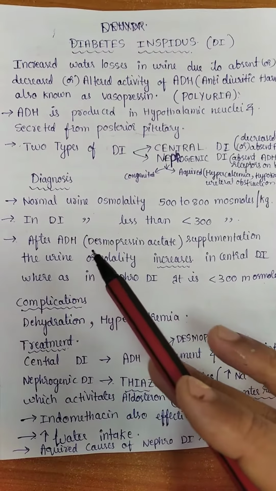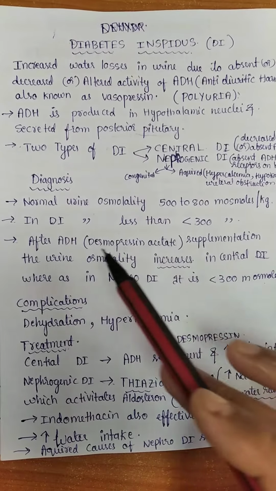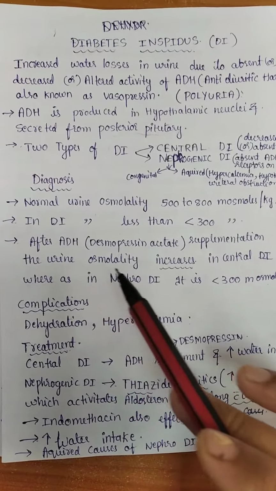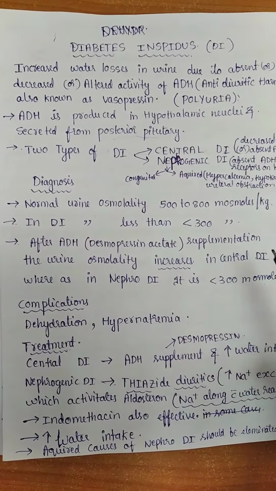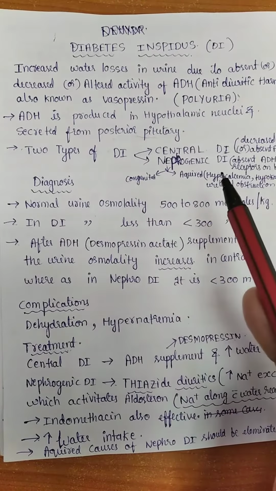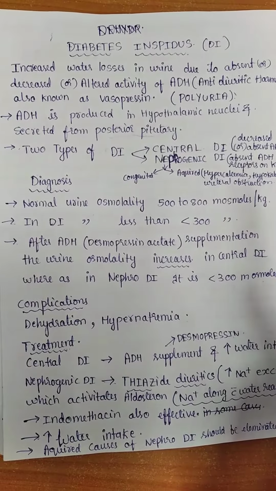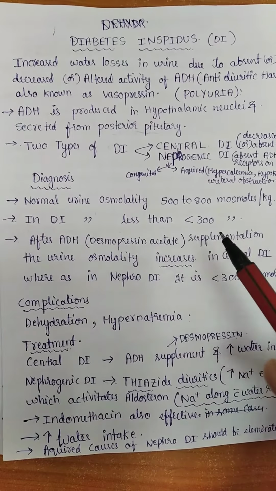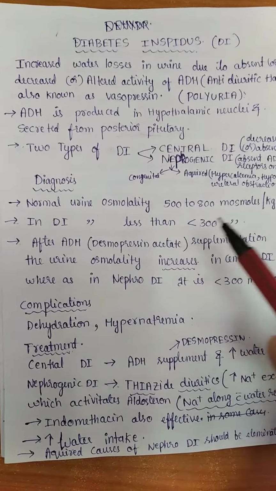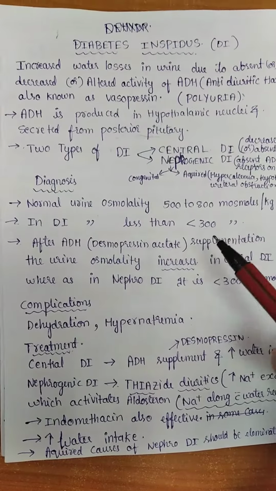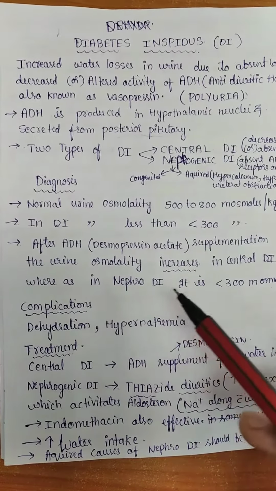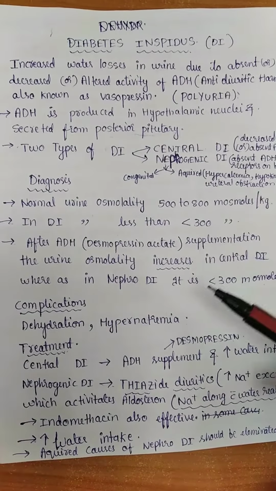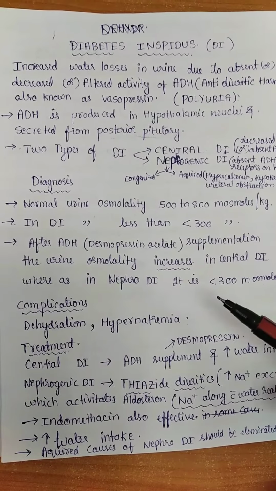After ADH supplementation, that is desmopressin acetate, which is the synthetic form of ADH, the urine osmolality increases in central diabetes insipidus, because in central diabetes insipidus the pathology is decreased or absent ADH. If you supplement with ADH or synthetic ADH, then the urine osmolality will increase because the water excretion will be decreased. Whereas in nephrogenic diabetes insipidus, even if you supplement with ADH, there is no increase